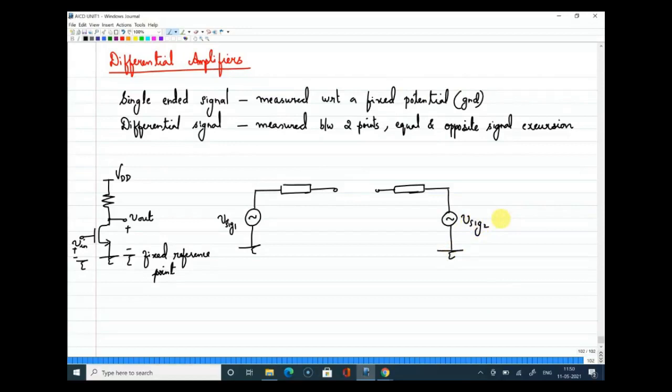Now assume that these black boxes are impedance values. When I looked at the signal at this point, I saw that the signal is in this fashion. If I measure the signal from here with respect to ground, I get a signal of this type,